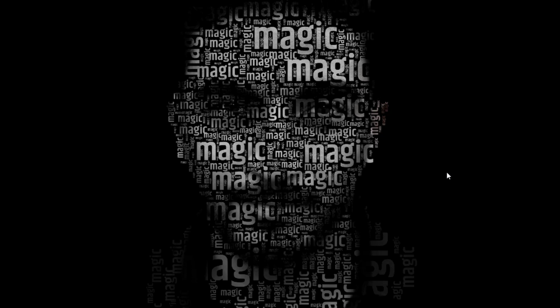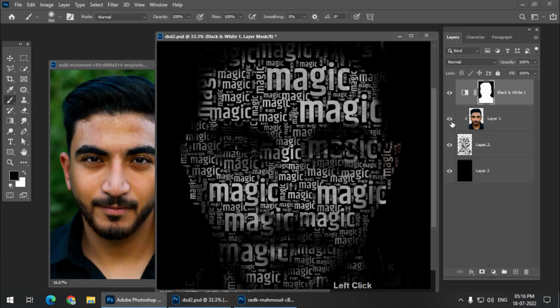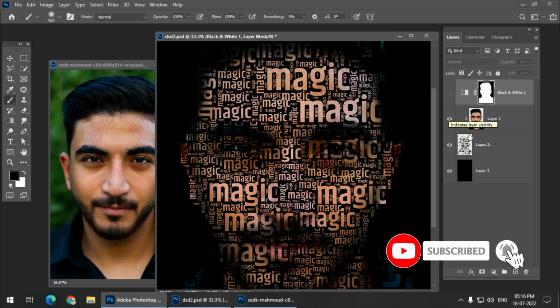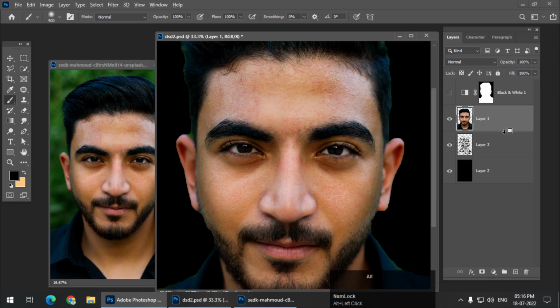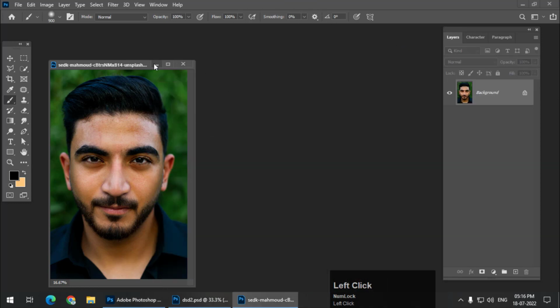As you can see, I have already created this to show you. So I will close this first. So this is the portrait that I have created. I have applied a black and white adjustment layer, and this is actually how it looks. This is the original photo and I have created this thing. So I will minimize this. So this is the original photo,